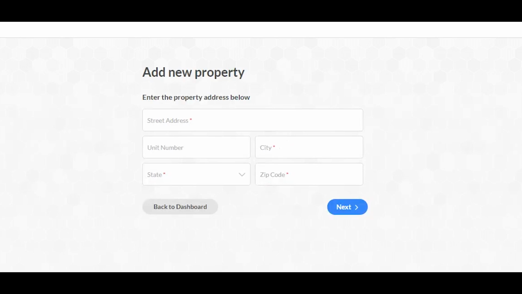I will go ahead and click Next, and now I will be asked to enter the property address that I am looking to lease out. Once I've done that, I will click Next,